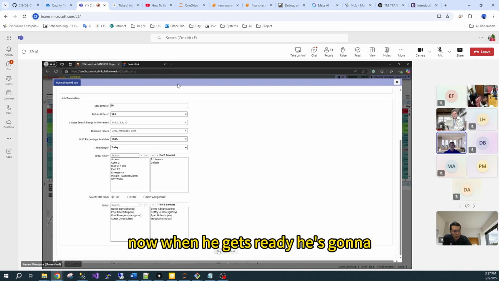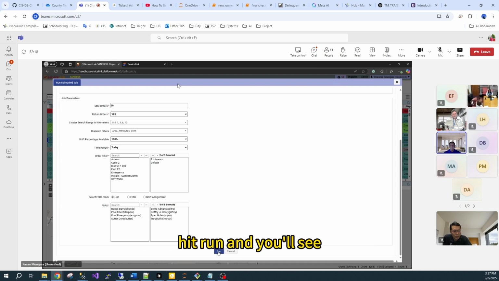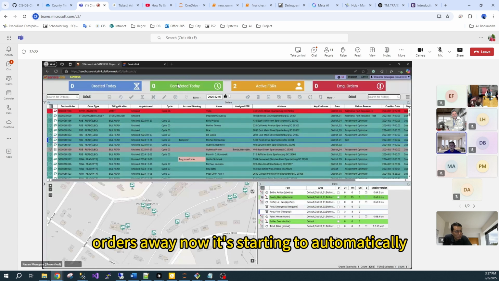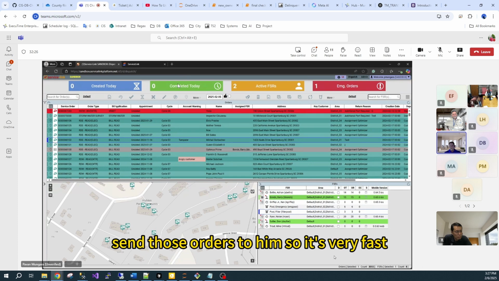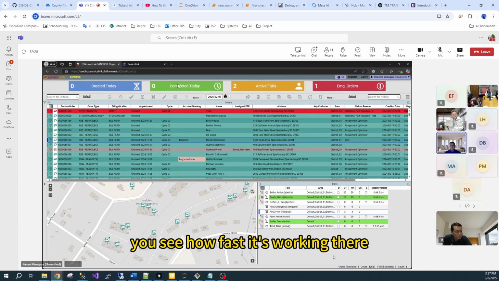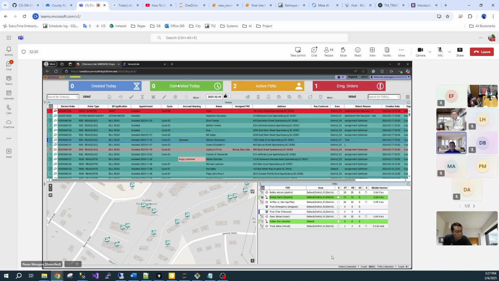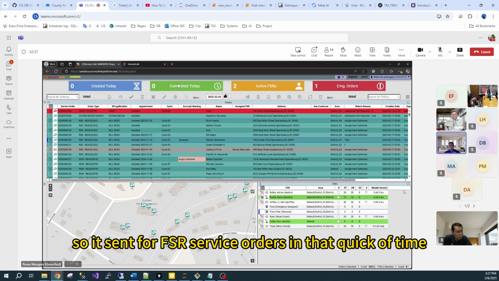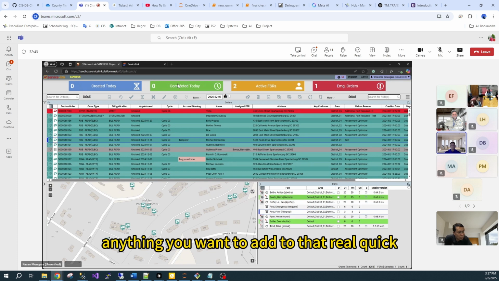Okay. Now, when he gets ready, he's going to hit run, and you'll see right here watching the FSRs, it took all those orders away. Now it's starting to automatically send those orders to him. So it's very fast. You see how fast it's working there. You can see now it's doing Ken Griffey. And so it just completed. So it sent 4 FSRs service orders in that quick of time. Anything you want to add to that real quick,